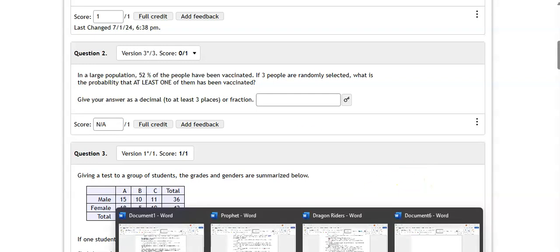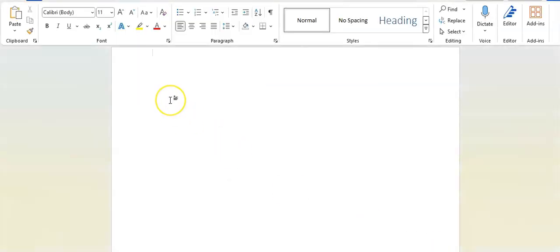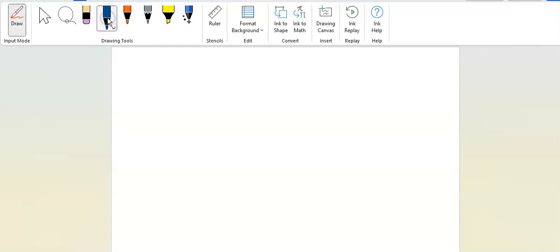Let's go to another sheet of paper for a minute, and I am just going to write down this 52%. So 0.52 is our probability of vaccination. And we're going to choose three people, and we want to figure out the probability that at least one is vaccinated. Now, let's notice that for at least one, we could have just one out of the three